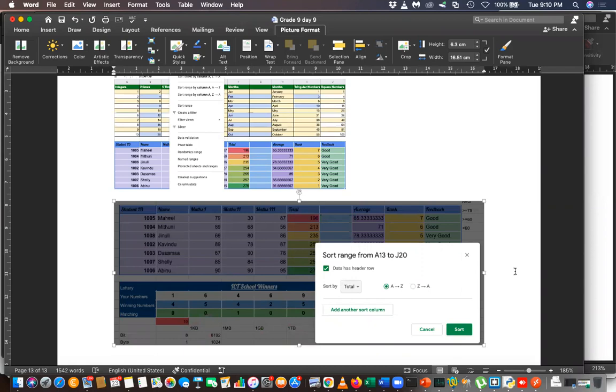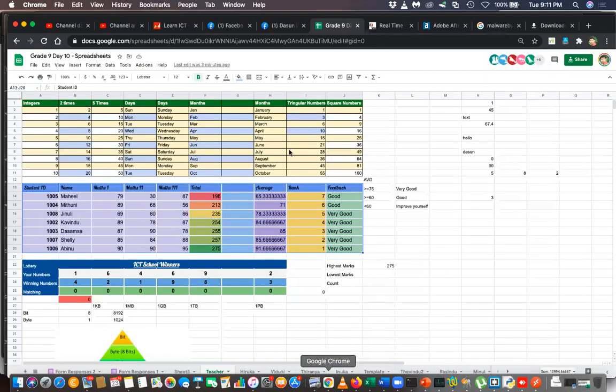Okay, after this, the next session, meaning the next Zoom session, I'll join in after you disconnect. After you join, we'll discuss the last topic, that is charts. How to insert charts, we are going to discuss after you rejoin. To do that, I'm going to create a chart of total marks obtained by each student.